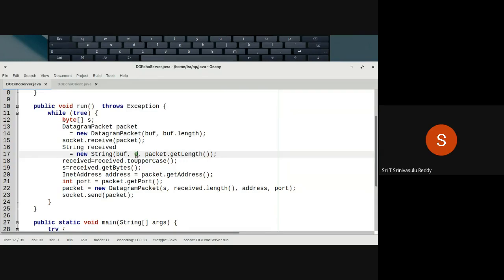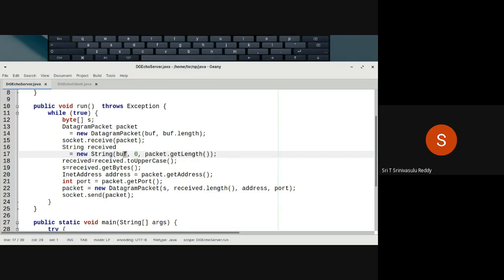So after receiving, the packet has got many methods, and one of them happens to be getLength. So packet.getLength will tell you how many bytes of data were actually received. Actual number of bytes received is available in packet.getLength. Similarly, if you want to get the data also, there is another method called packet.getData.